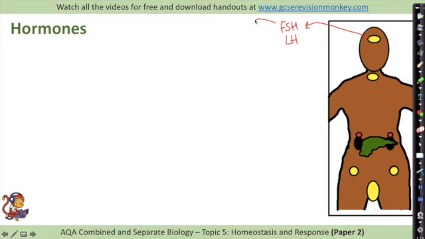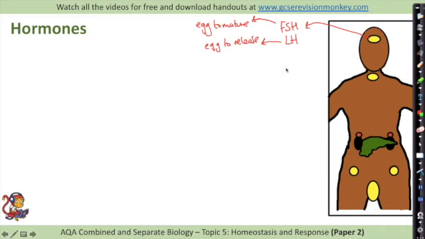You need to know what these two do. This follicle stimulating hormone causes the egg to mature, and the luteinizing hormone, the LH, causes the egg to